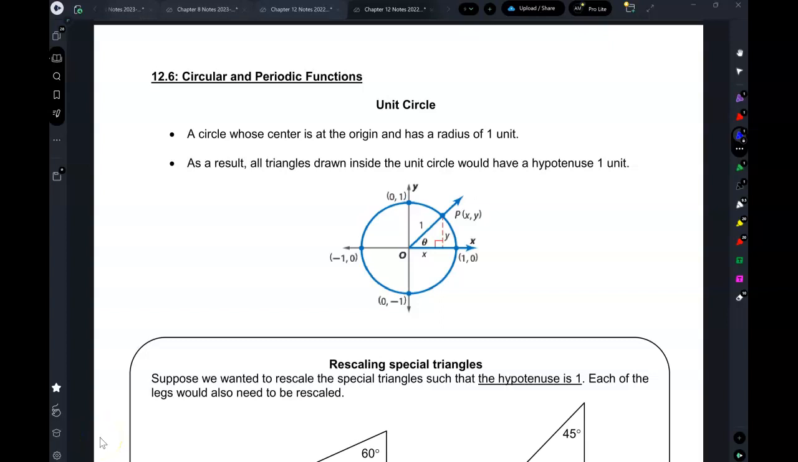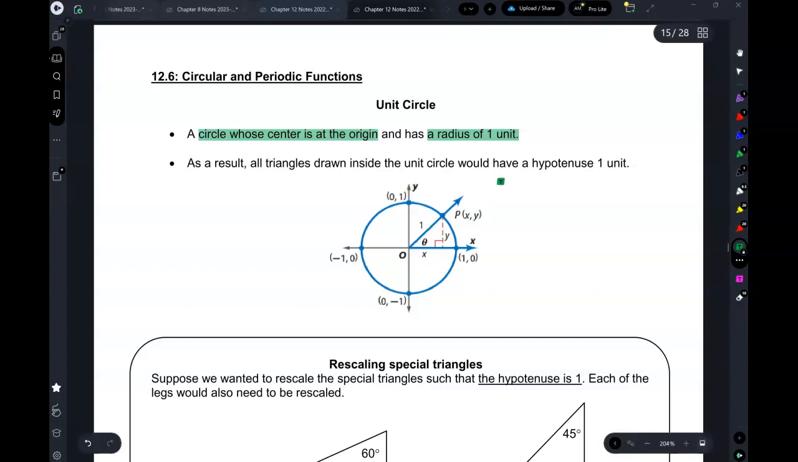Why don't we get into 12.6 right now? In this section, we're going to talk about the unit circle. All right, so what is a unit circle? Well, it is a circle whose center is at the origin, first of all, and it has a radius of 1 unit. As a result, all triangles drawn inside the unit circle would have a hypotenuse of 1 unit,